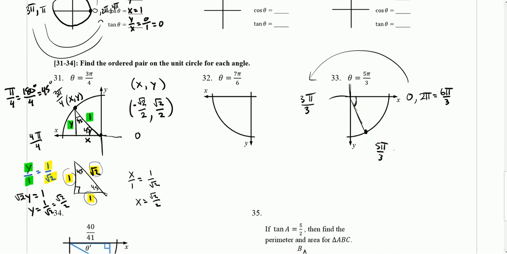This is pointed at 5 pi over 3 here. And the difference between 6 pi over 3 and 5 pi over 3 is our reference angle, which is pi over 3. You just subtract them. And if you convert that to degrees, you get 60 degrees. And we're looking for x and y. So 60 degrees, I'm going to draw our